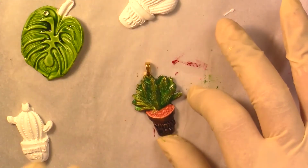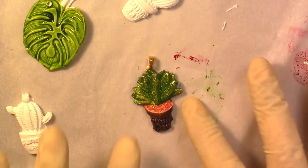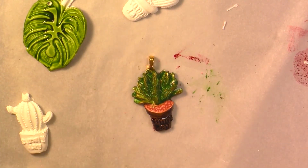This one could be nice as a pendant. I think it would look just great as well. It's a good size for a pendant. And well, that's it. And I wanted to show you this other one too, this clay, because I